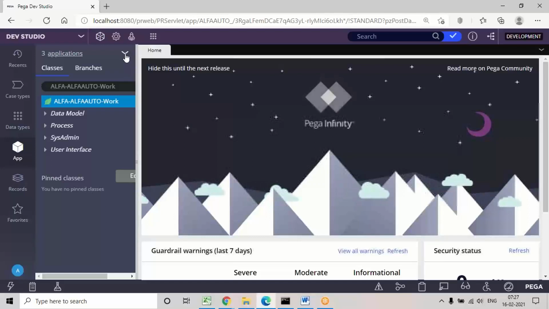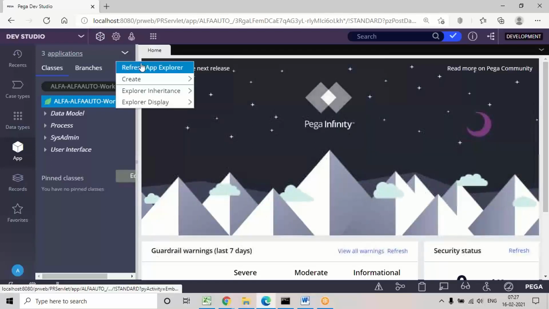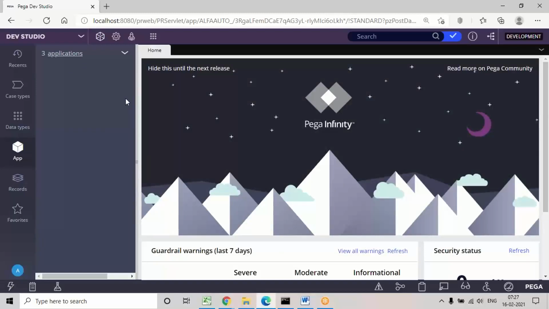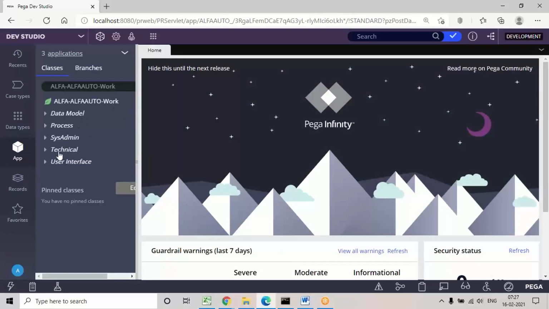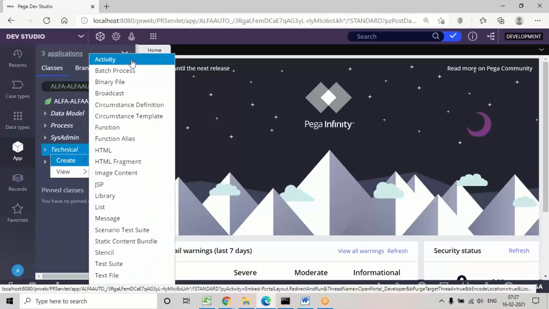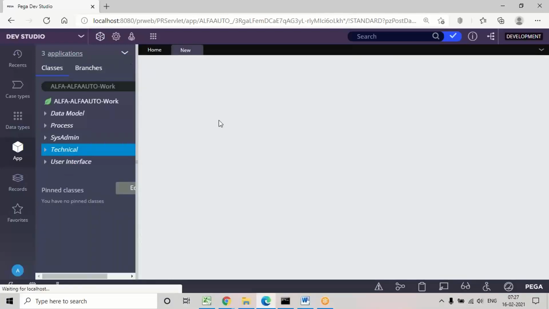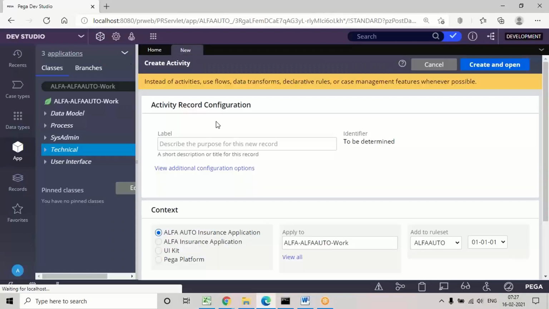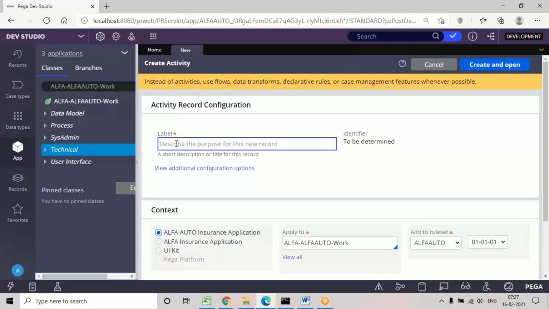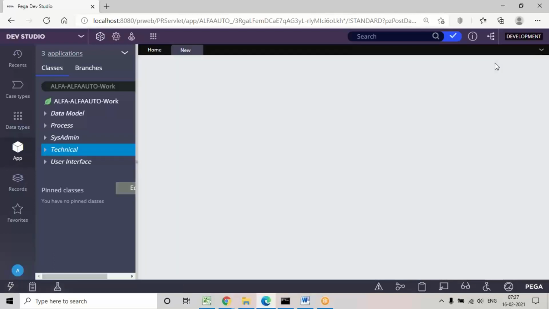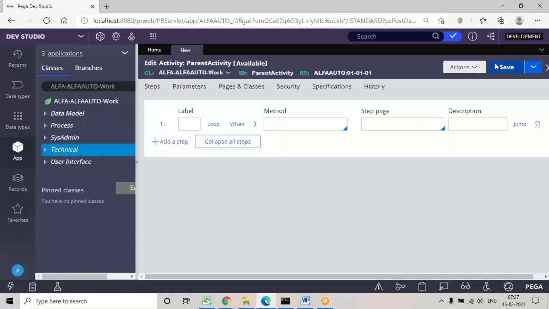Once you refresh Explorer, you'll get this technical category. You can create an activity directly from here also. Right click on technical activity. I'm giving a name, and in this also I want to use the table properties